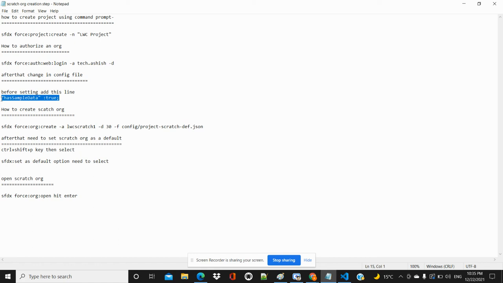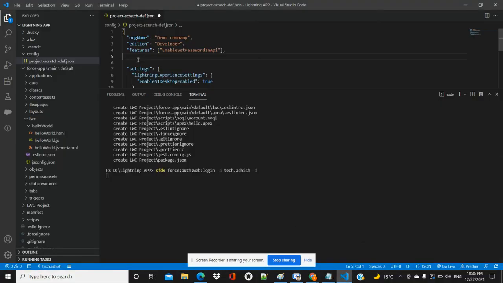Has sample data equal to true, because we are enabling this; we want some sample data for scratch org purpose, so that's the reason we are giving it here.